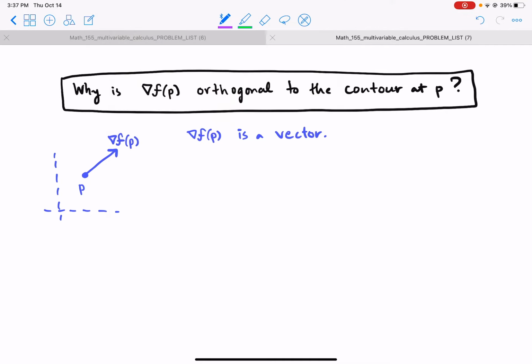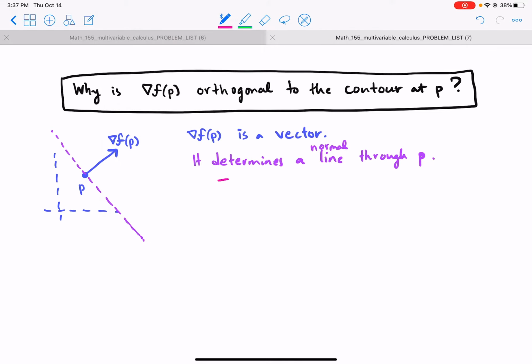Then the vector, every vector, it determines a line. A line through P. It determines a normal line. In other words, this line has 90 degrees. Okay, and that line,